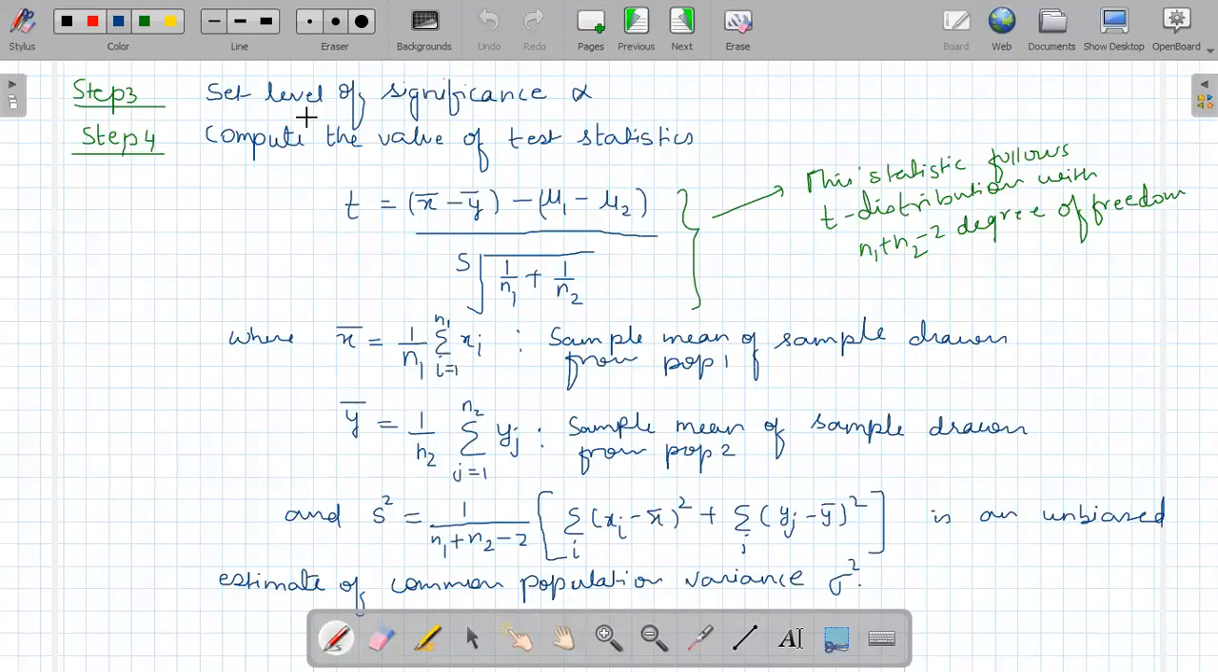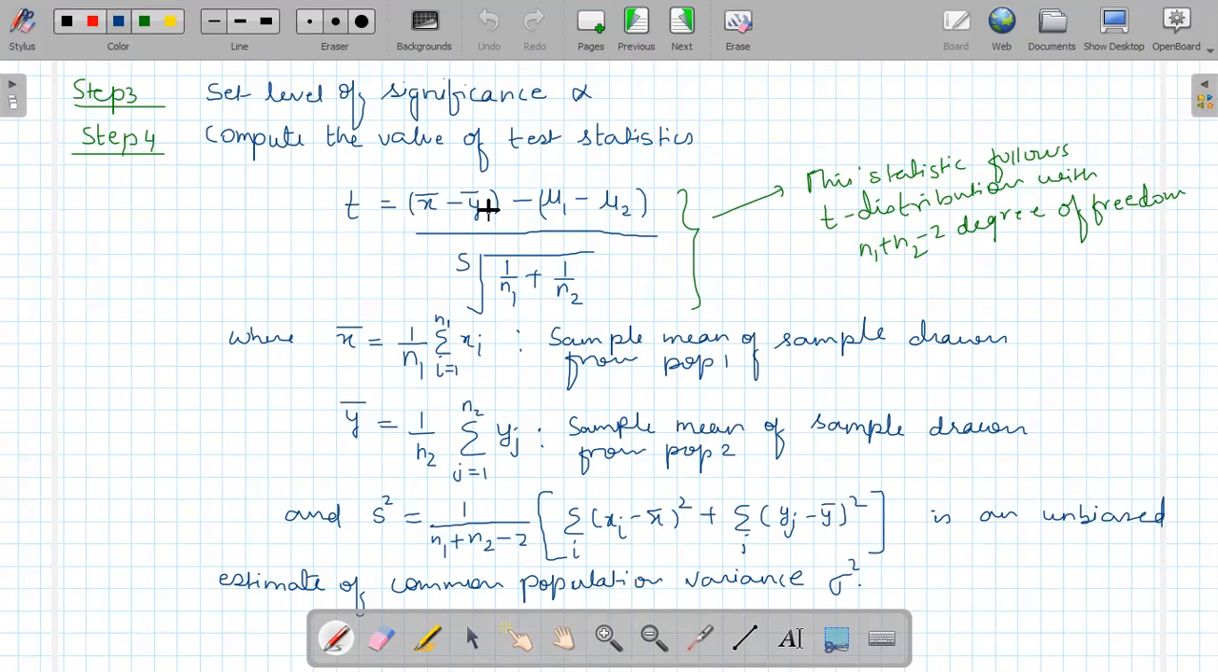Step number 3 is set level of significance alpha. Step number 4 is compute the value of test statistics. Here we use the test statistics as T, which is given as x bar minus y bar minus mu1 minus mu2 whole upon s into square root of 1 upon n1 plus 1 upon n2. This statistics follows T distribution with n1 plus n2 minus 2 degrees of freedom,